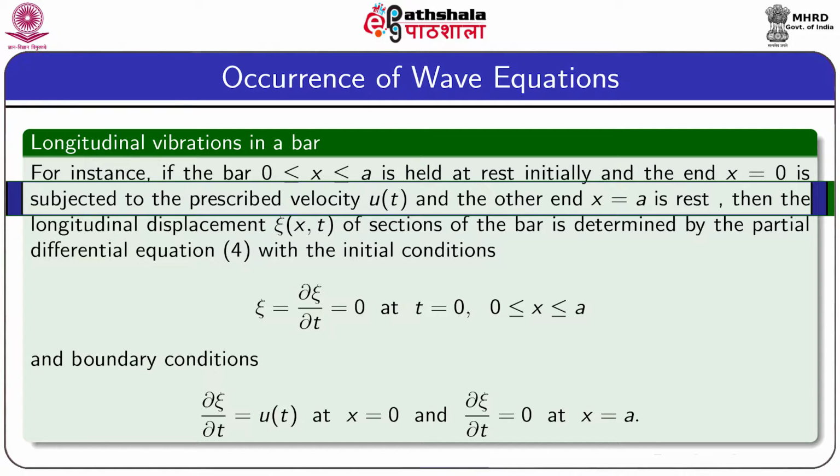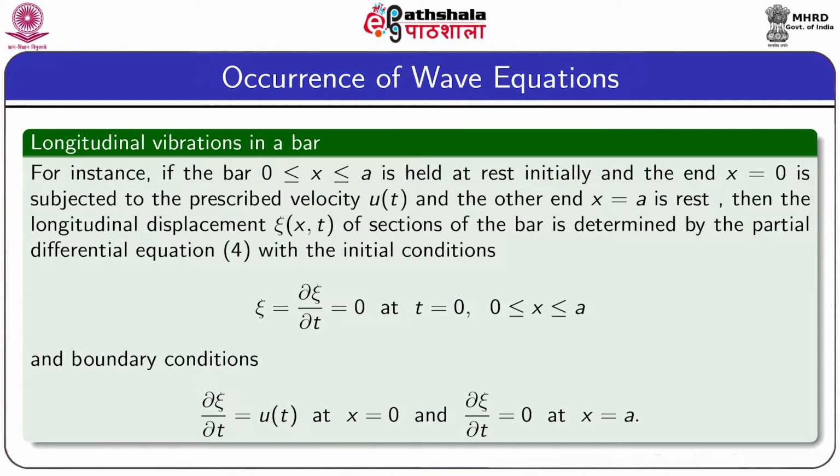That means the end x equals 0 has the velocity u t and the other end x equals a is at rest. Then the longitudinal displacement, which is denoted by xi of a section of the bar, is determined by the wave equation which is written in equation number 4,